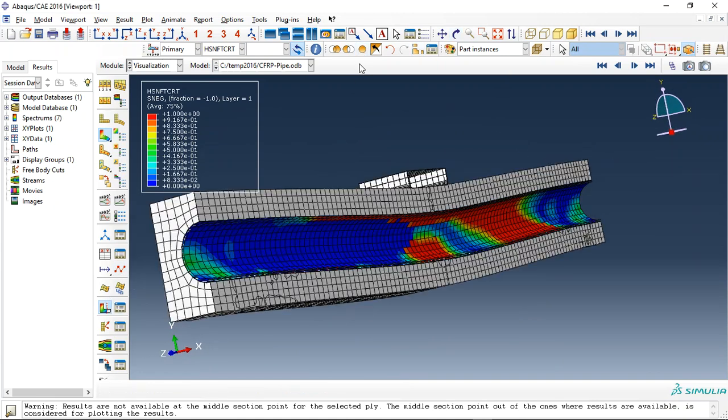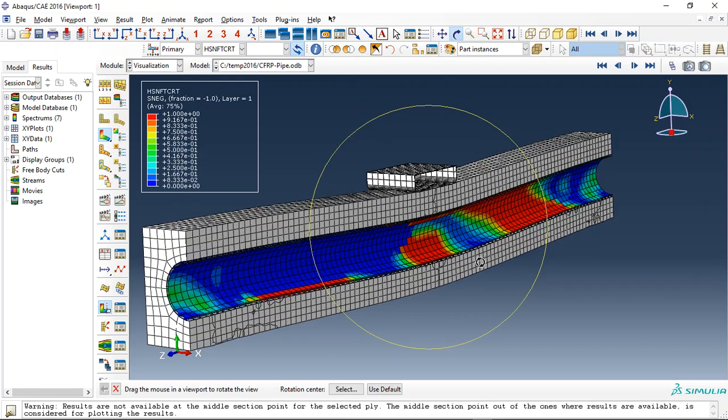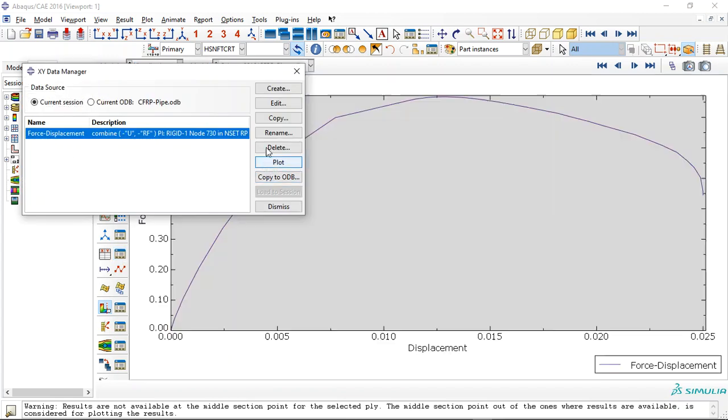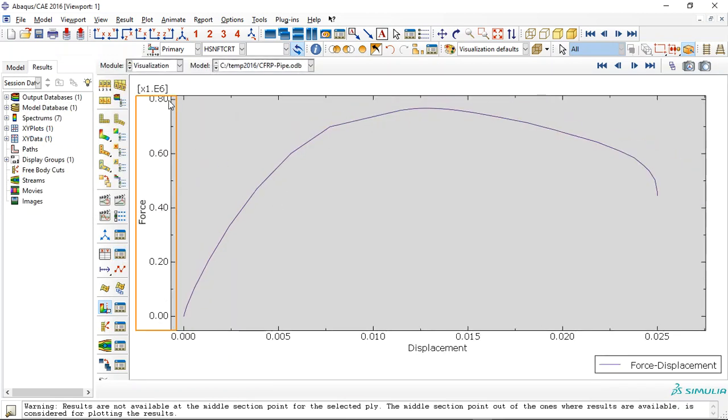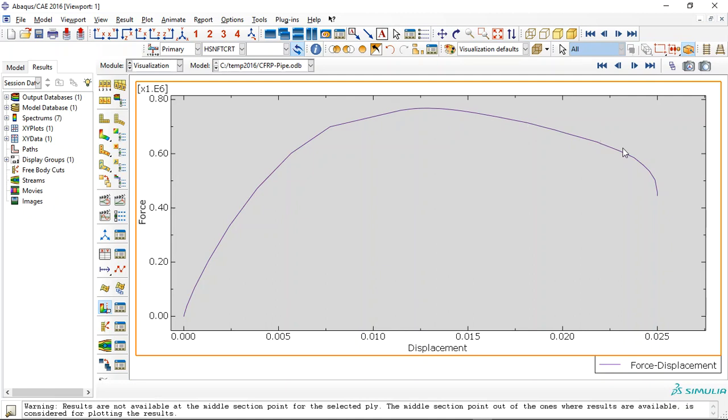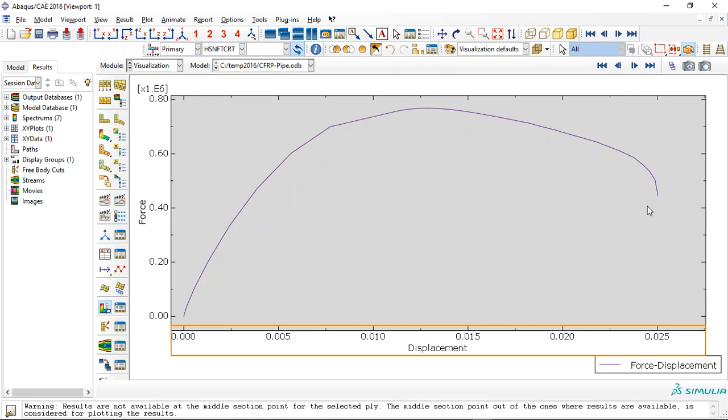And the goal of this simulation is to achieve the maximum capacity of this beam. So already I plotted the force displacement diagram, and you can see the maximum is 0.8 meganewton, and after that the decrease happens in the force capacity, and here means failure. See, at this displacement the failure happens,